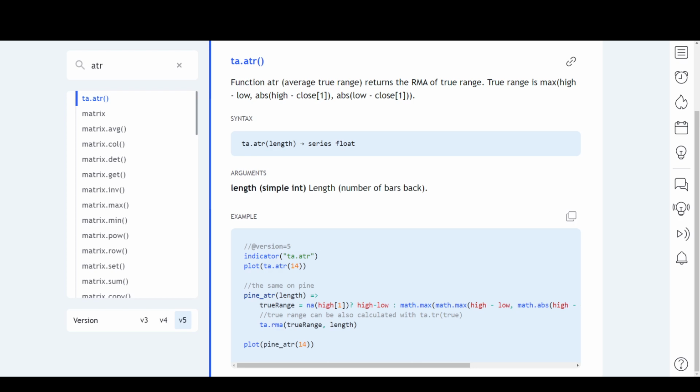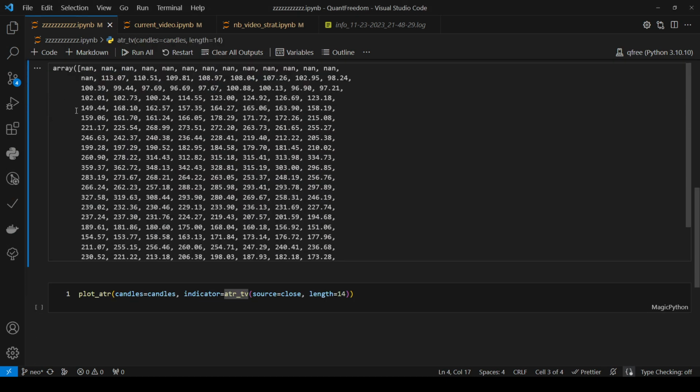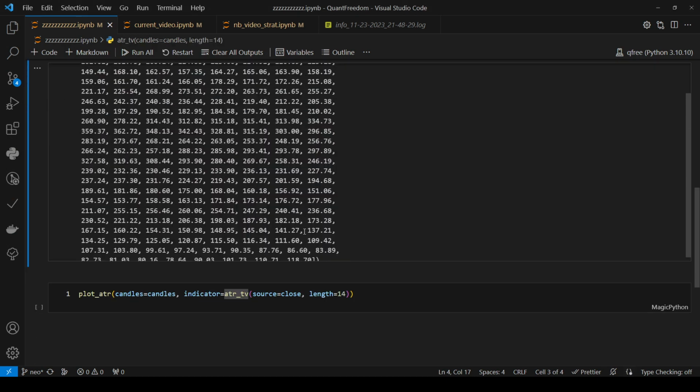Alright, YouTube, welcome back. In today's video, we're going to be going over how to calculate the ATR just like TradingView. So when we're looking at this, look at this number over here. It says 118.70. If we come down here to my ATR that I've gone from PineScript to Python, you can see here that it says